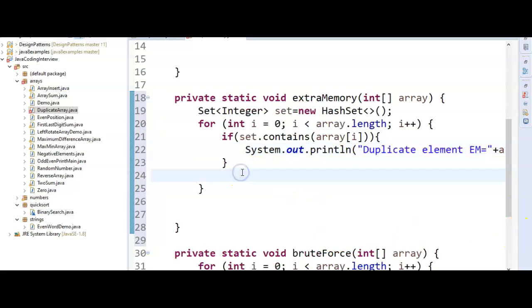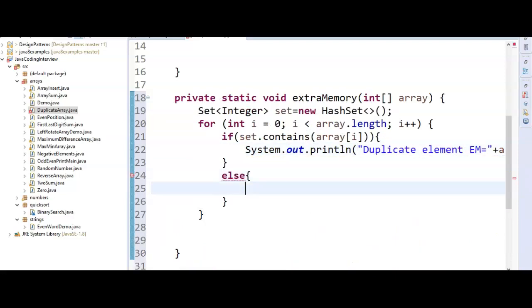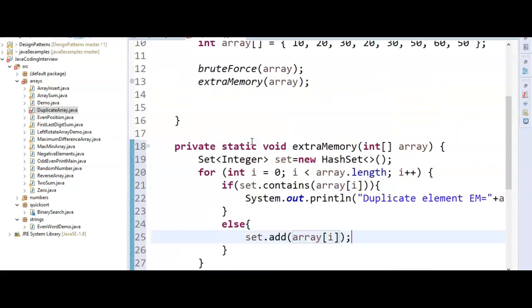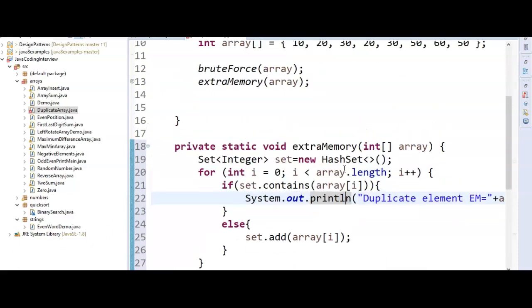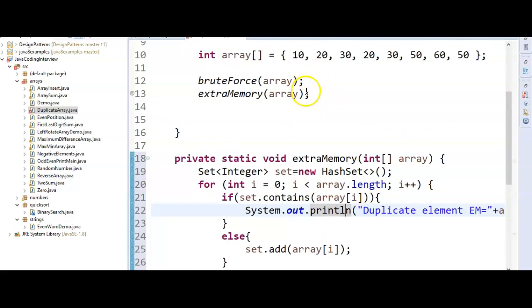And then if the element is not present in the set, just add the element to the set. Set dot add array of i. So hope you got it right. So what are we doing? We are iterating through each and every element in this array.